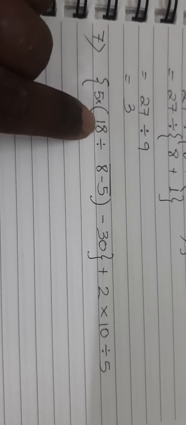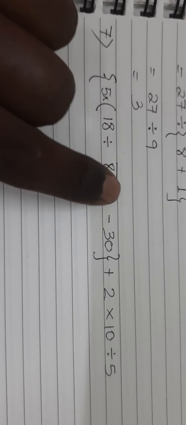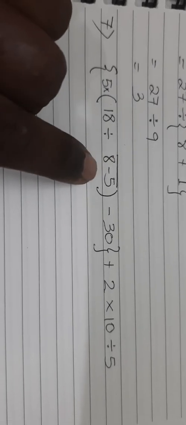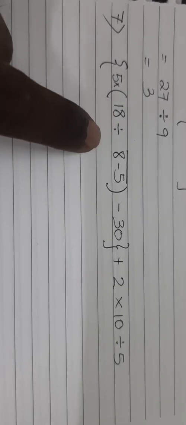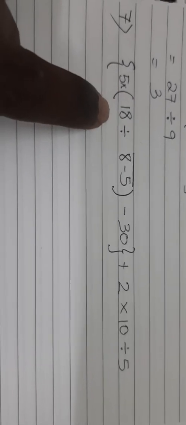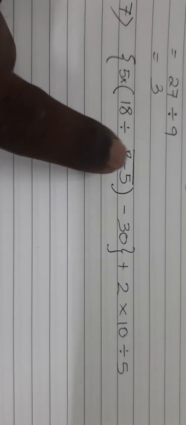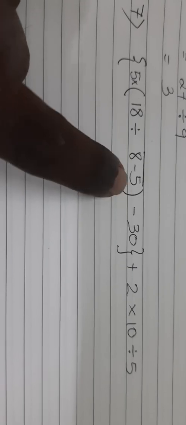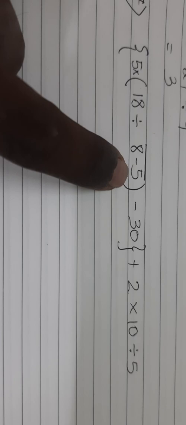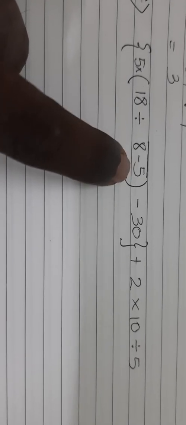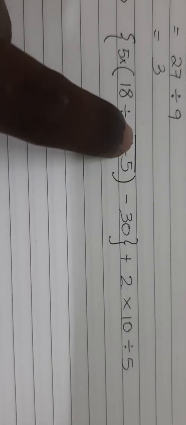Inside the first bracket you have 18 divided by, and again here see, just above 8 minus 5 you have this bar line. That means normally if this line was not there, then we would have used the BODMAS rule within the first bracket and done the division first, isn't it? 18 divided by 8 would have been done first. But since you have the bar line just above 8 minus 5, we need to forget the rest of the rules and first do 8 minus 5. And then whatever comes after doing 8 minus 5, with that you will divide 18. That's the rule.